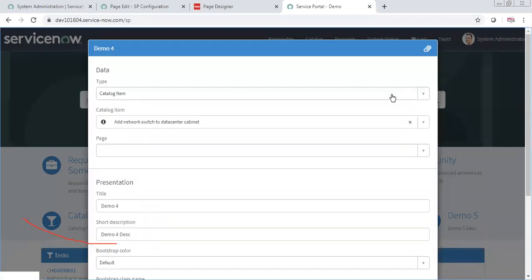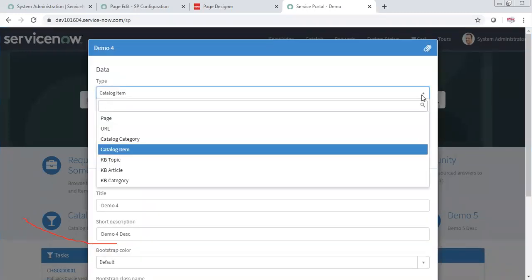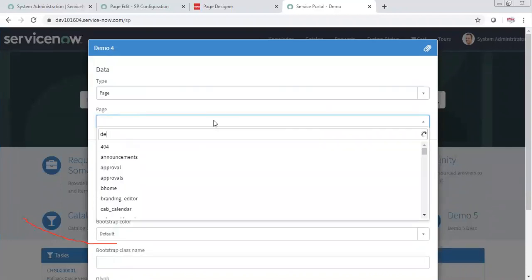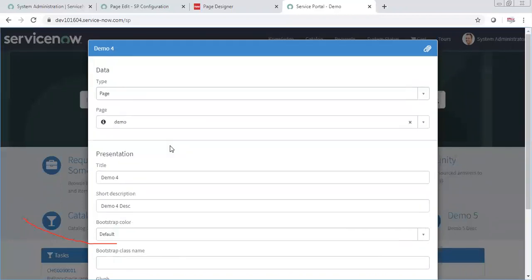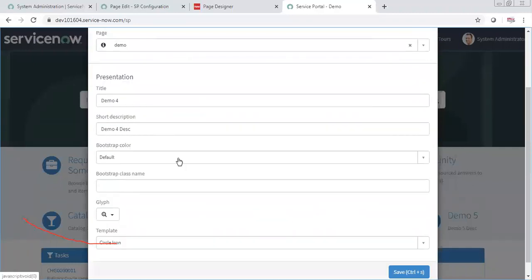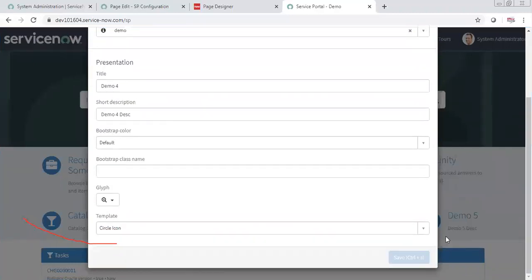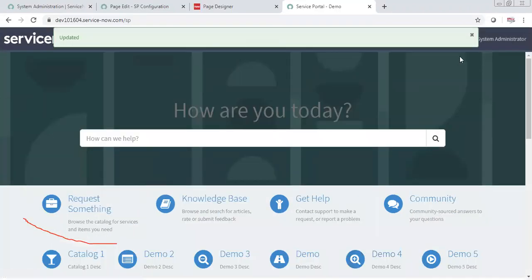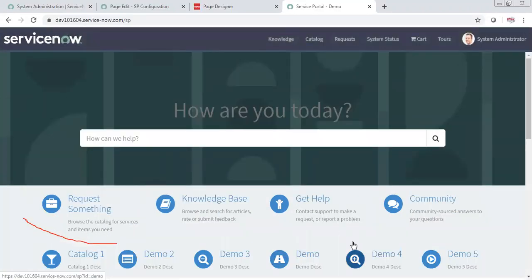Previously we moved this to the catalog. Here I can select move it to a page, and which page, once the user clicks, send the user to the demo page. If I save it, now I have linked our page to the service portal.